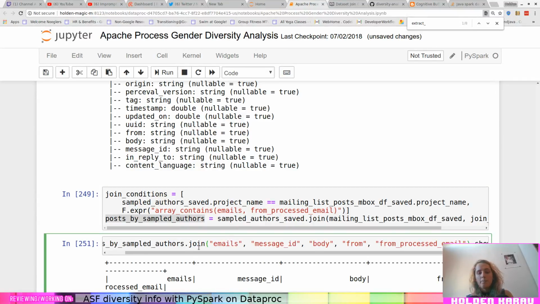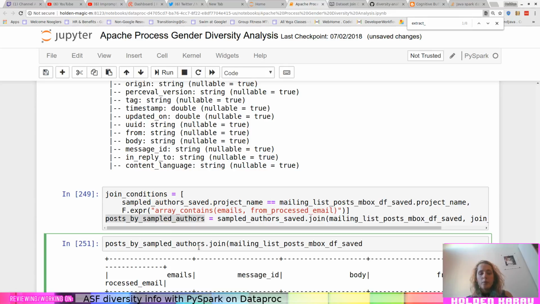Yeah, okay. So we go ahead, we do a join. We're joining it with this. Our join condition is going to be where someone is replying to that person, because we want to see what pronouns folks are using when they're replying to different people, so we can infer the perceived gender of people. So that gives us that.